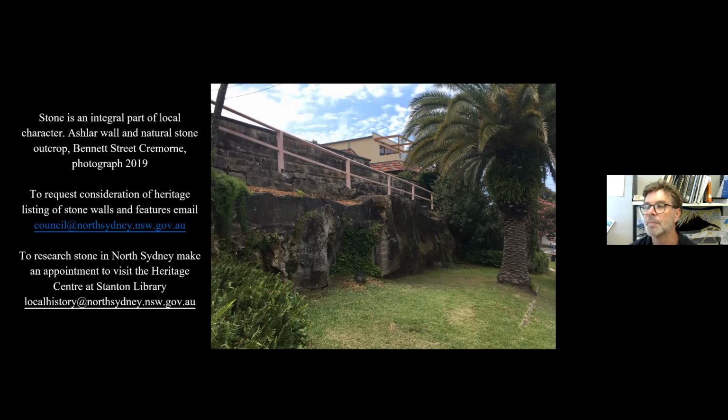So it's destruction by 1,000 cuts. You know, the more you chip away, the more you lose, but you don't necessarily notice as it's happening. So it really is worth wandering around and noticing the particularly special bits of stone and letting council know. The best way to defend heritage is by residents contacting council and particularly your local councillors, your elected representatives, because you're the residents, you're the ratepayers, and you're the people that matter, and opinions coming from you mean more, I suspect, than those coming from experts.